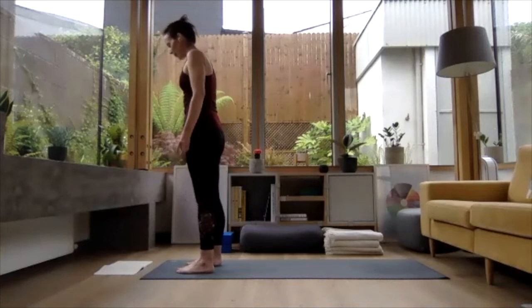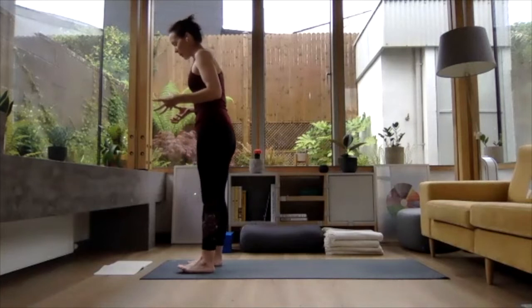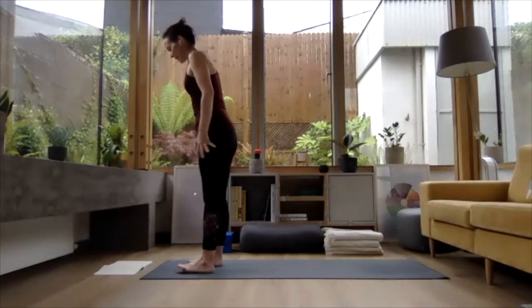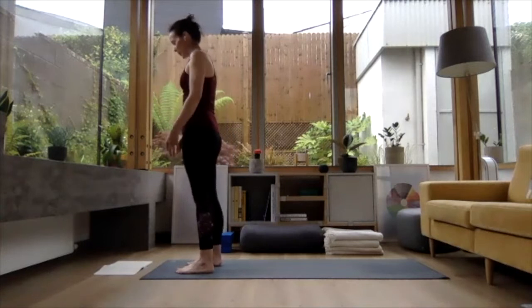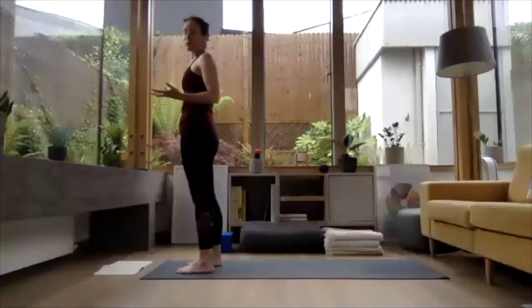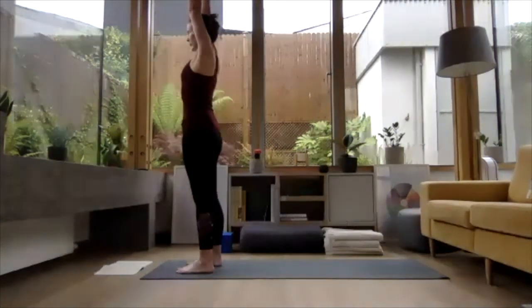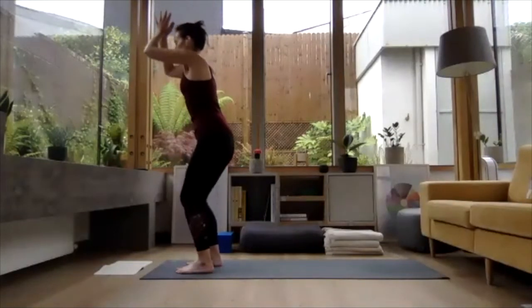Okay, so our first flow, we're going to do 3 small flows, and then we're going to combine all 3 of them together for a longer flow. So each one just has one main movement to it. So I'll talk you through the first one as usual, and then we'll move through it with the breath a few times. So you're going to inhale, reach the arms up high,